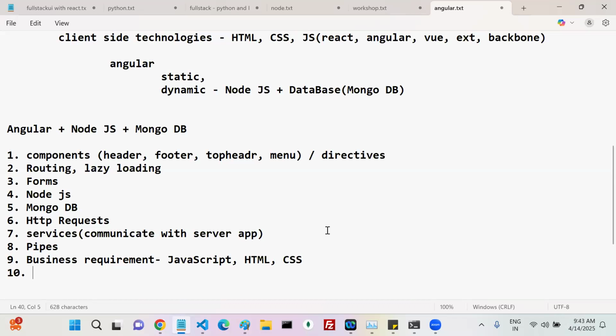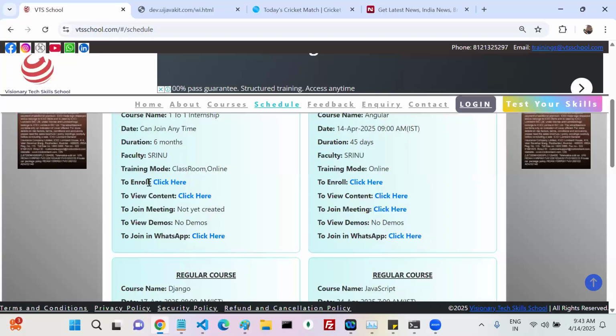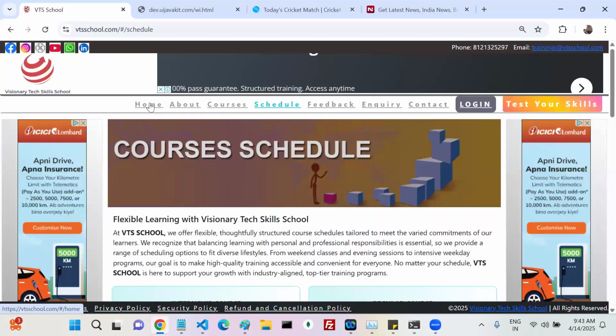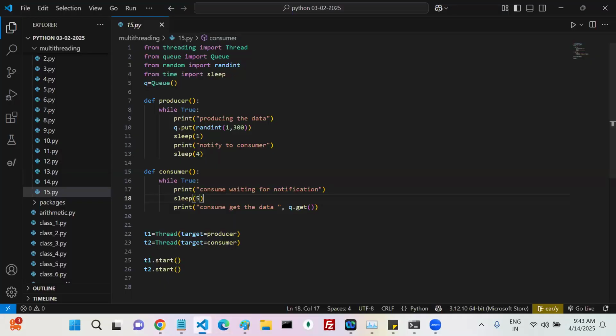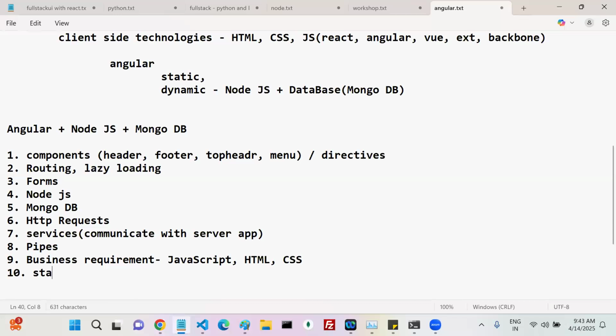The next one is the application. This is my application. At the application level, I want to share some data which is available to all the forms. I want to store some data available to all the forms, so I want to manage the state at application level. We have one concept we are going to learn: state management at application level. Redux kind of concepts are there; we'll discuss.